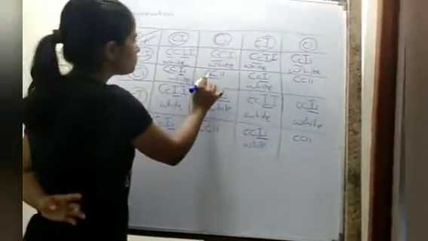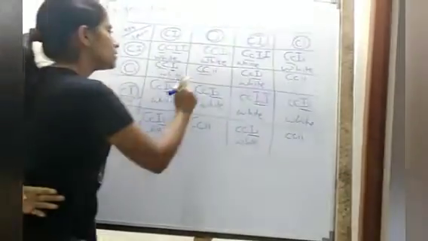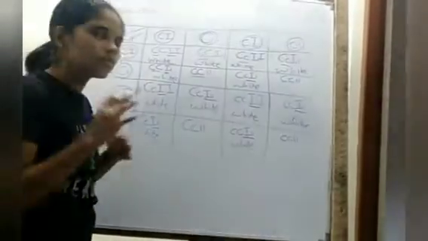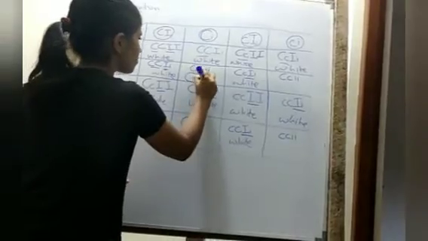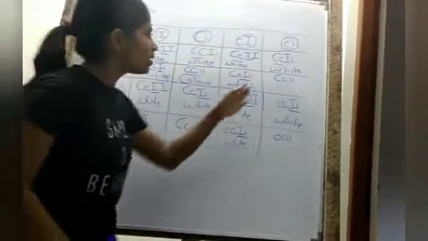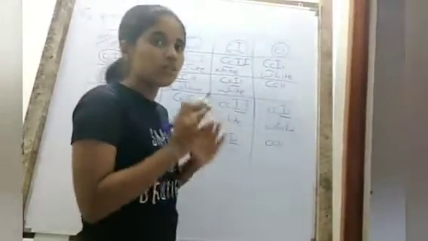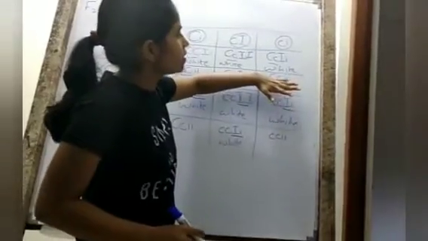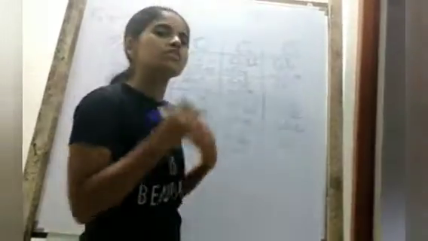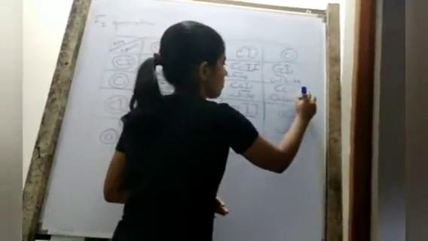So here we have capital C allele, which gives out color. It is with the simple I allele. So the simple I allele does not suppress giving out the color. So this would show color. Here also, this is in heterozygous state, but capital C allele is a dominant allele. So this would give out color too, because it is with the simple I allele, which does not suppress giving out the color.